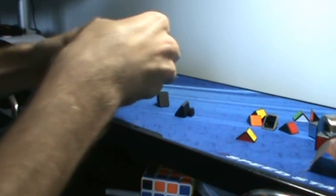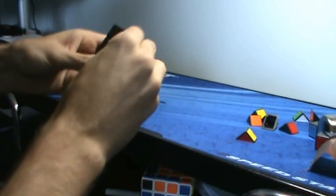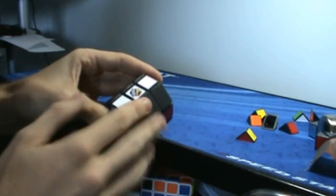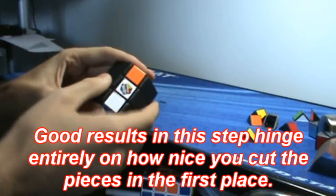Alright, so this is some time later. I've managed to cut out all the pieces and start sanding them a bit, but still far from done. Let's just see how this looks now. Should be able to get the basic shape of this. Let's see what our progress is so far. So we have the barrel shape. You'll notice that everything's lining up very nicely. Could be better, which is where the sanding comes in. And other than that, this is